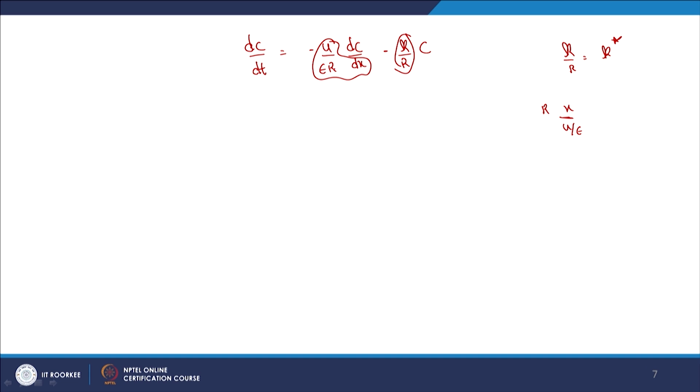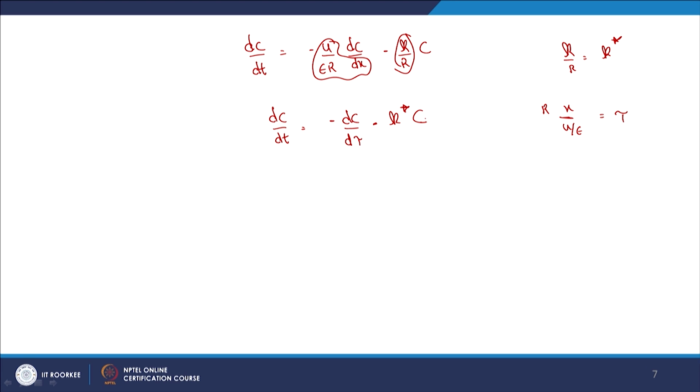So, I can write this out as, thus I am going to represent by tau. So, this is nothing but dC/dt is equal to minus dC/dτ minus k star C,